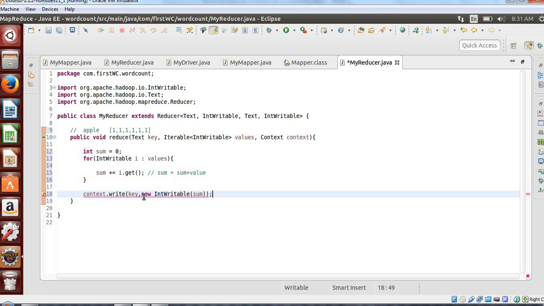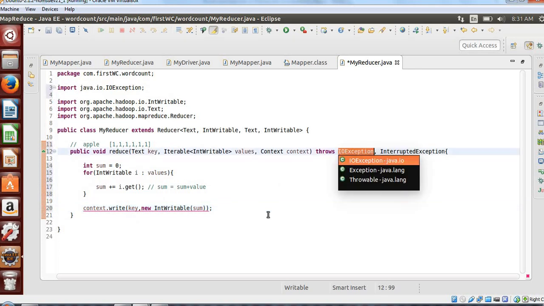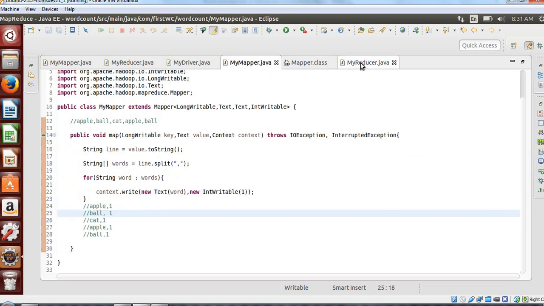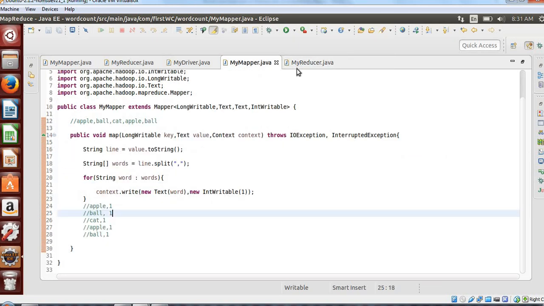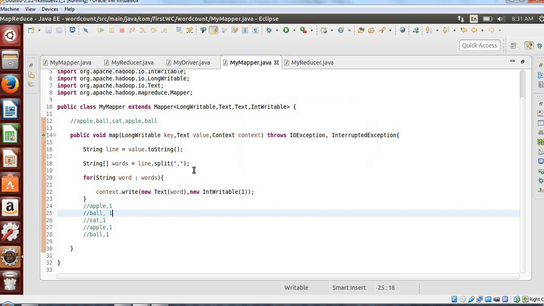Done. It is saying something: add throws declaration, add it. So you are done with your mapper code, you are done with your reducer code. These will be the two Java files where you will need to write logic completely. The driver class is another Java class that is just a configuration file, which will be the same for most of the scenarios that we're going to discuss in our further sessions.